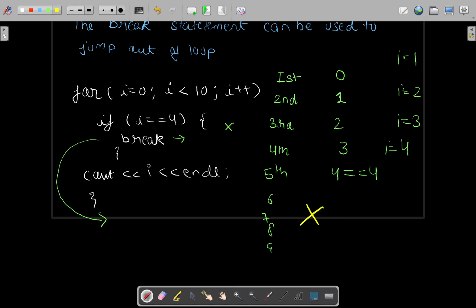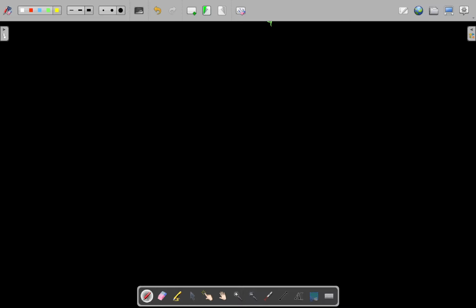All these statements will be cancelled. Now let's talk about the continue statement in a different example. Continue says that I will not break the whole loop. I will simply break that particular iteration. So the definition of the continue statement says: